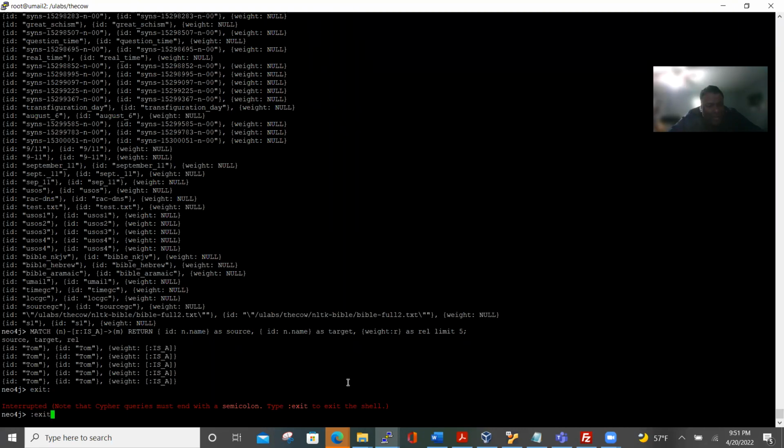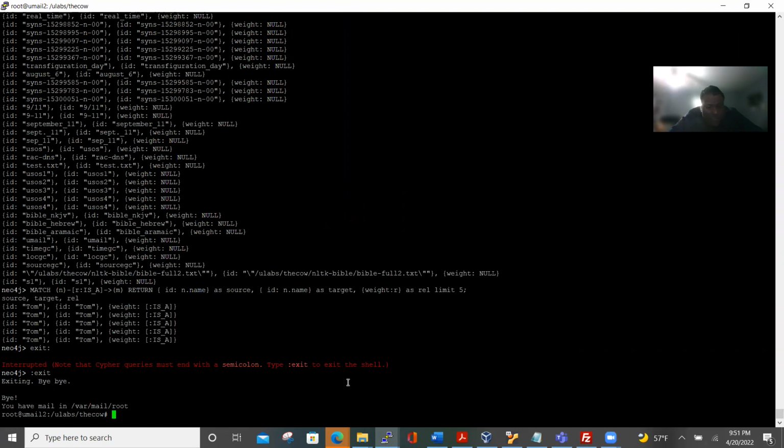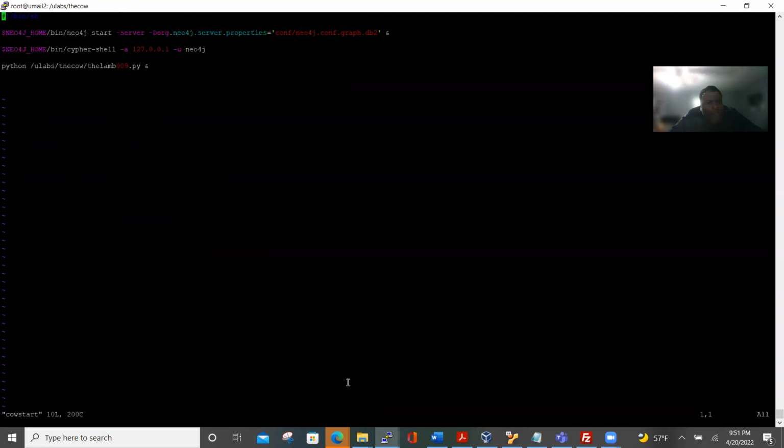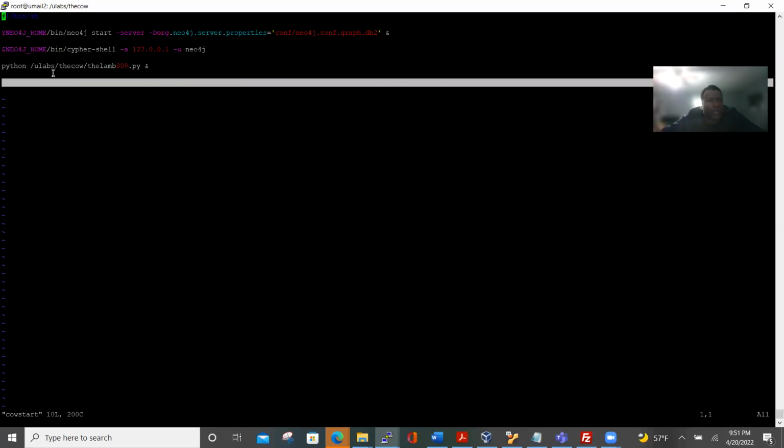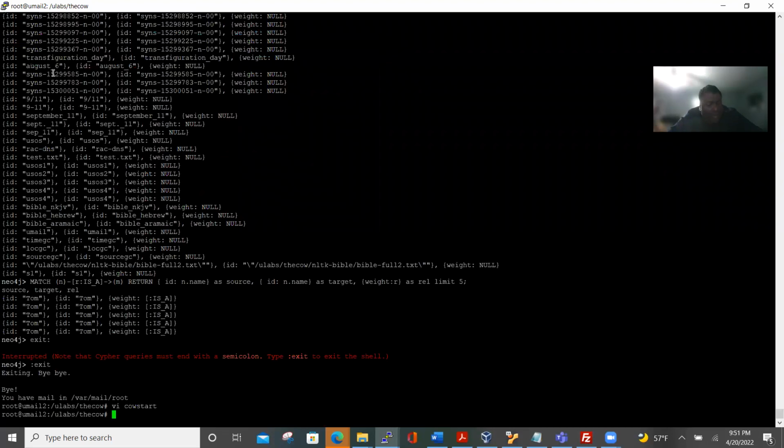I've already executed some code, but I'll show you here. So what happened? Here I have my own code called cow star. I call this the cow because it ingests a lot of data and it ruminates data as well. So this is how you start it, and then we enter the code like this to launch a shell called the Cypher shell. That's the shell we use to get to